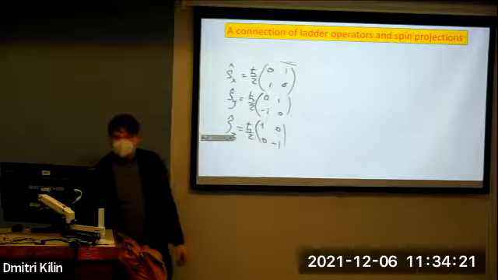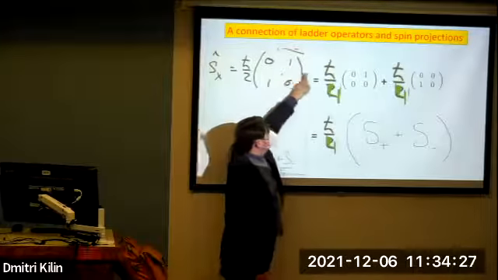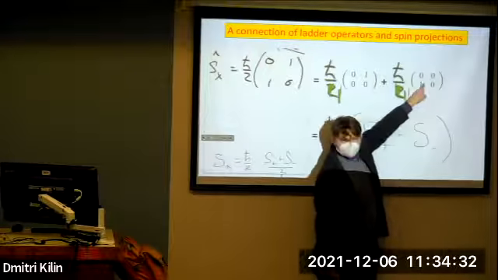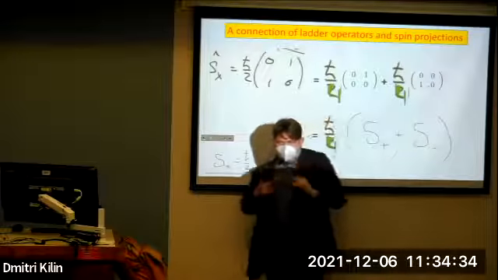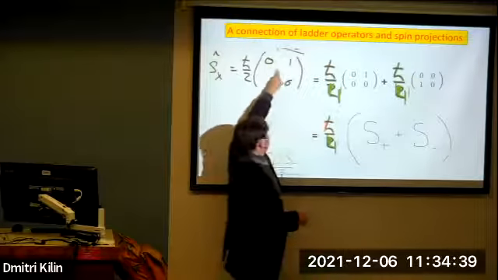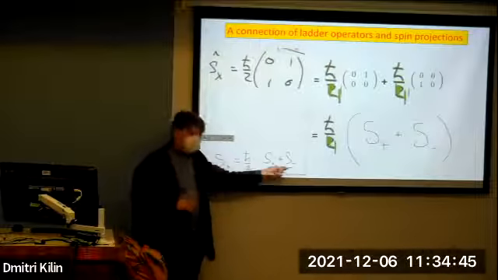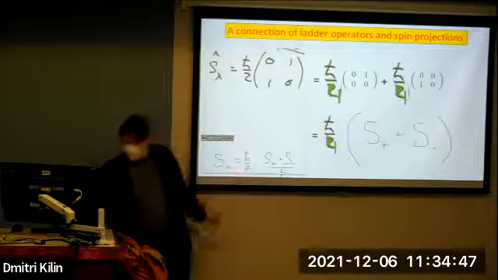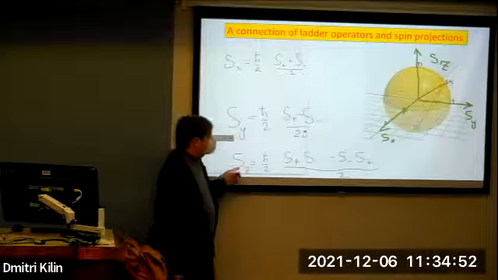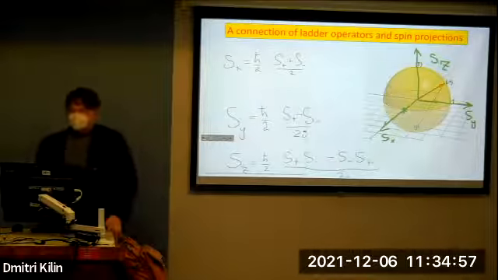And in this matrix notation, one can see that this arrangement can be obtained by adding together raising and lowering operators, which are just one element in the square matrix, right? So adding these two matrices will result in this matrix. And here is the transition from plus and minus, raising and lowering, to Sx. Same transitions are possible for Sy and Sz. And if we are looking at the expectation values of this,